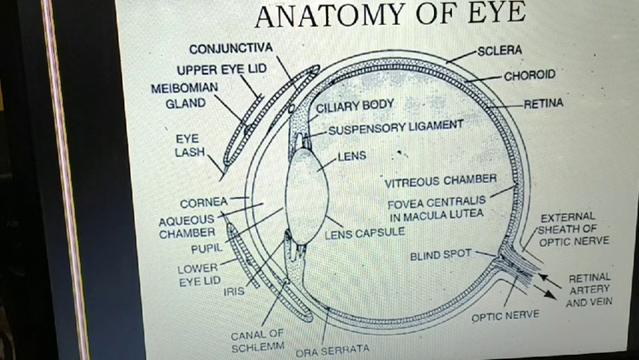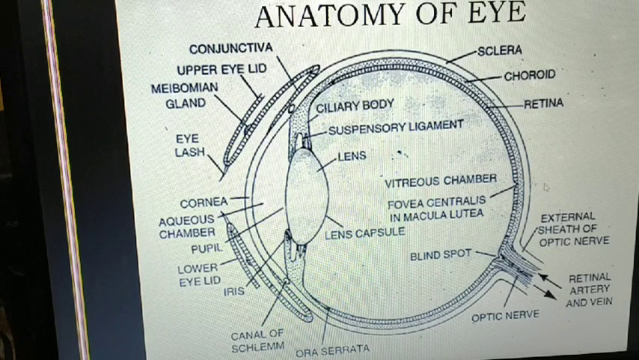It is made up of an outer pigmented and an inner nervous layer. This ora serrata is a special structure which is present at the junction of the retina and the ciliary body,